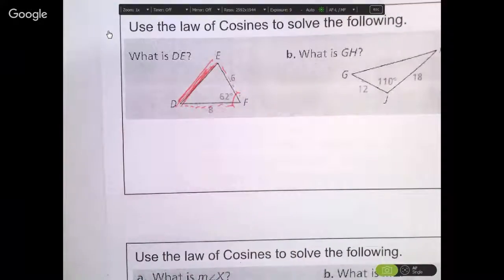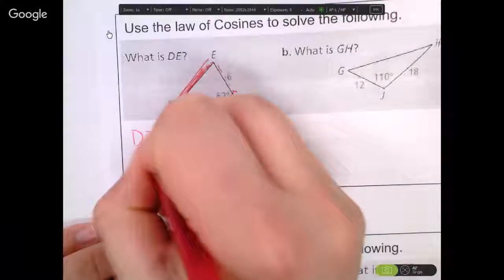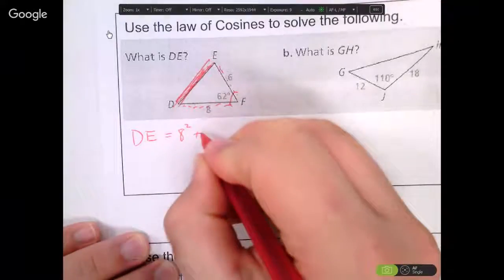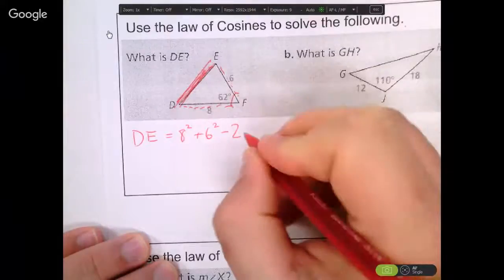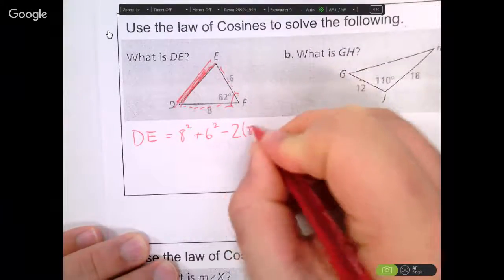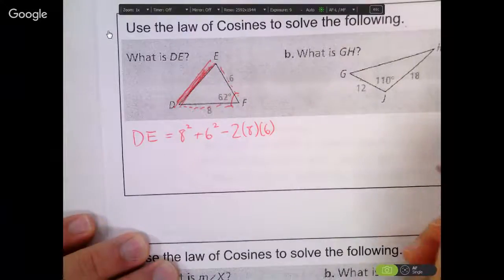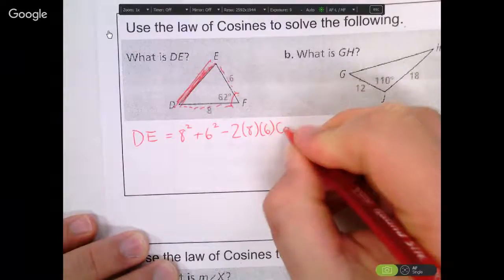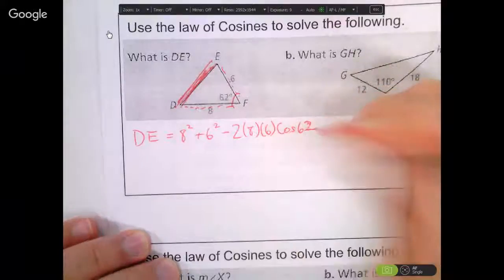So without even thinking, oh, this is A, and this is B, and this is C, Mark says, DE equals 8 squared plus 6 squared minus 2 times 8 times 6, times the cosine of 62. Is that correct? Yeah,